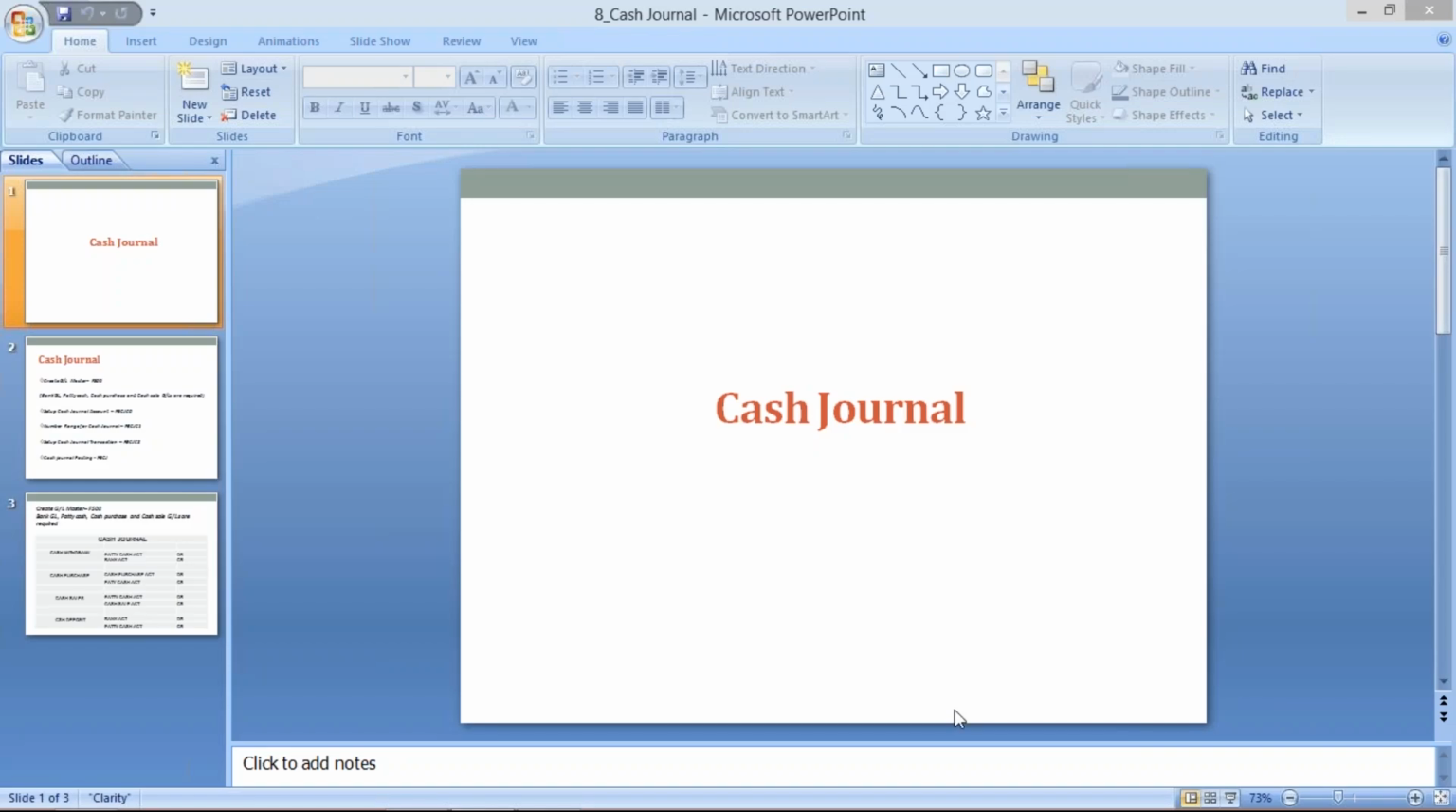Okay, so guys, in this session, I'm going to start a new topic called Cash Journal. Cash Journal, first of all, what is this Cash Journal? If you talk about any companies and organizations, every organization will have some small expenditures, or even we can say small revenues also, which take place in